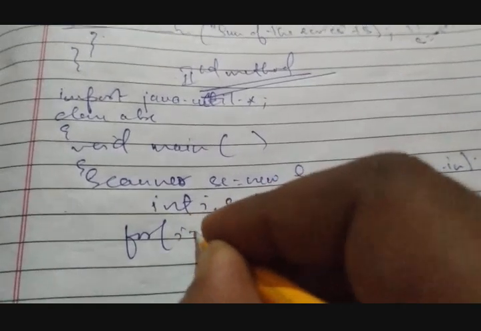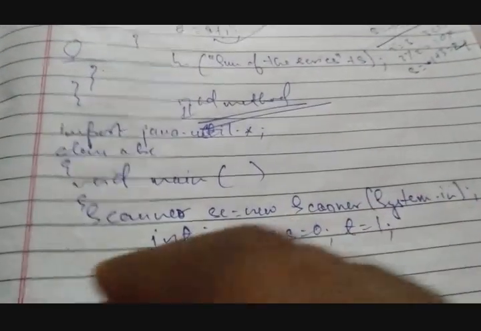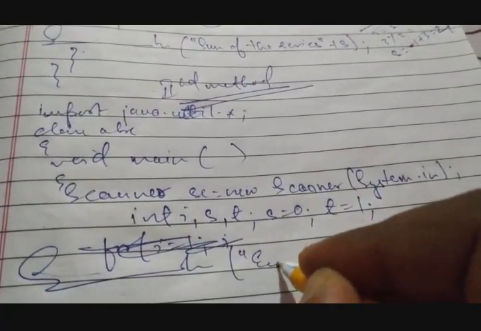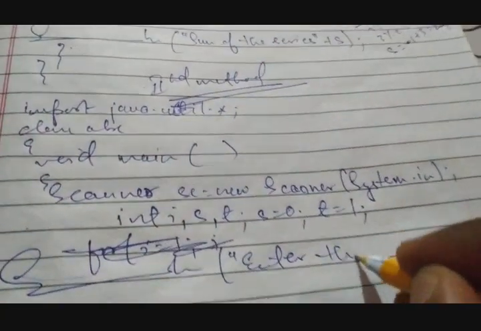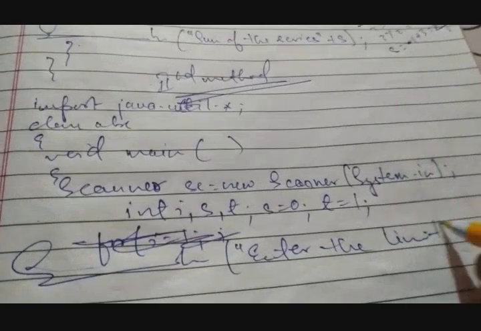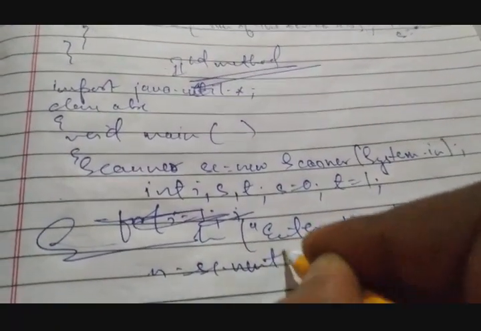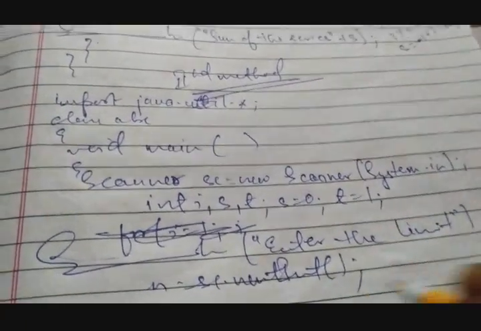For i equals to 1, oh sorry, so first, print "enter the limit", n equals to sc.nextInt();